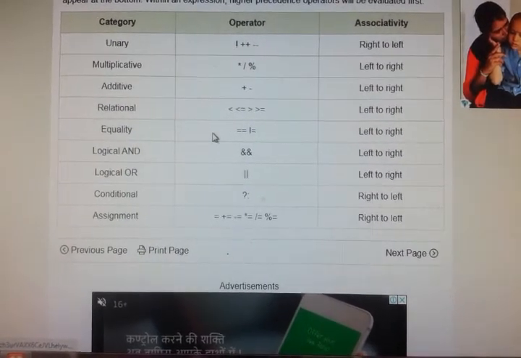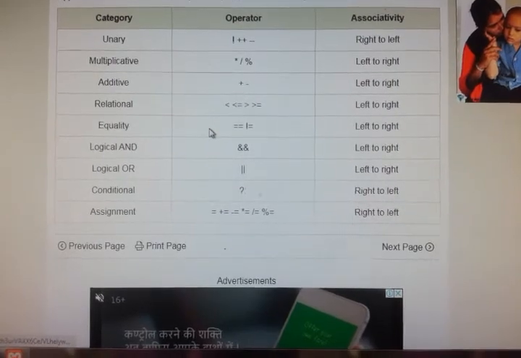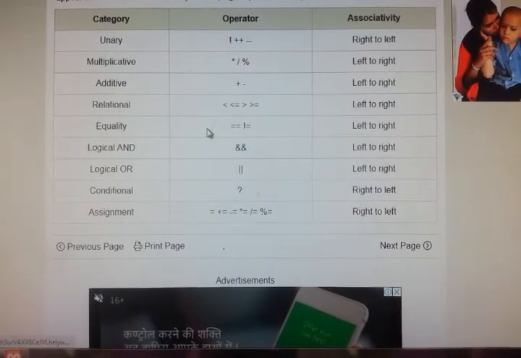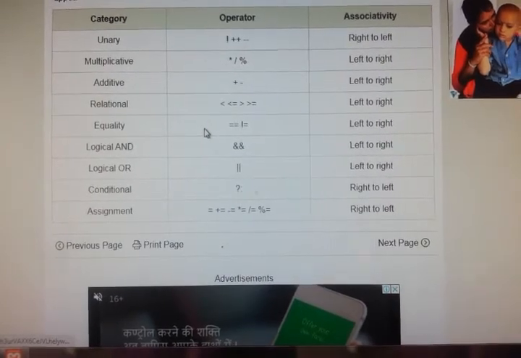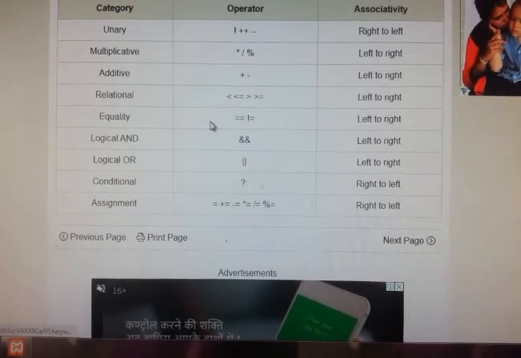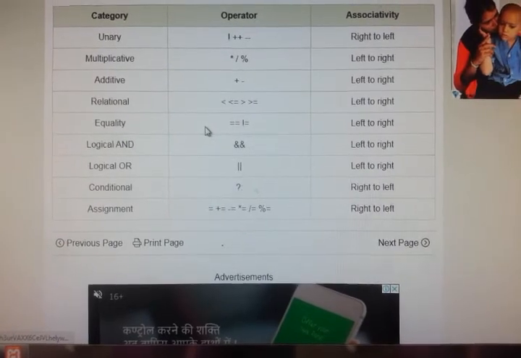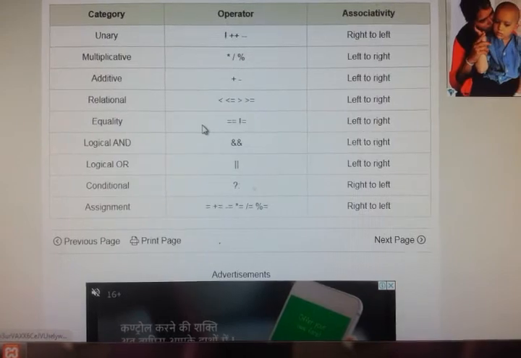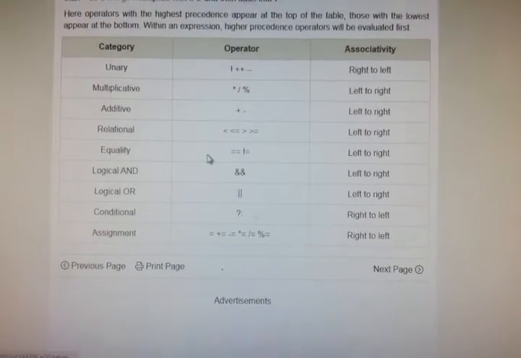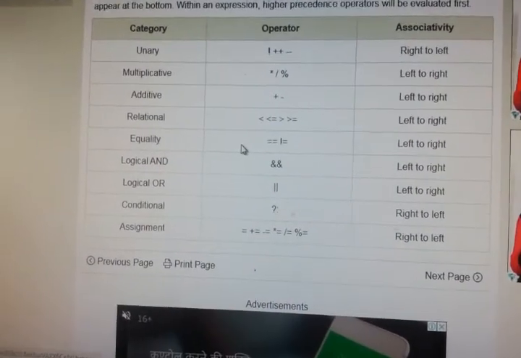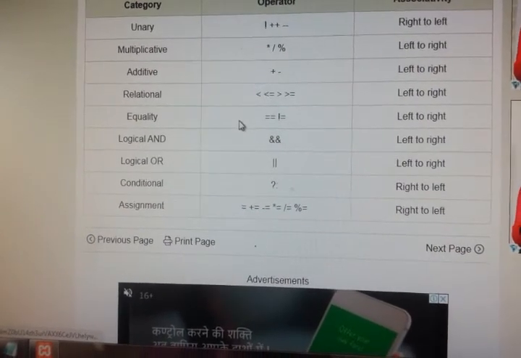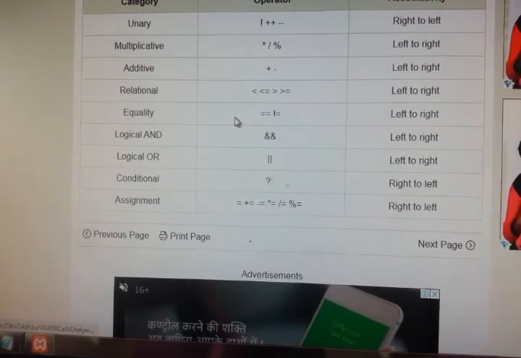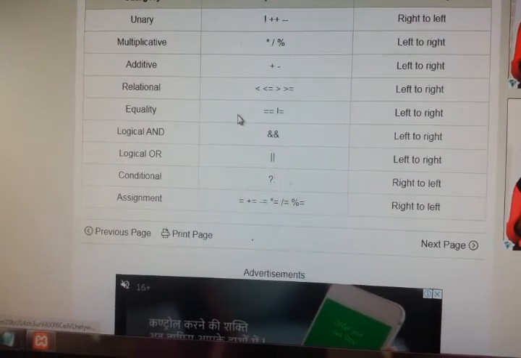Then the multiplicative category, like star and percent, the associativity is left to right. So you have to first see the star or modulus and then go to the remaining operations. And additive, like plus and minus, the associativity is left to right. And relational, like less than or equal to, greater than or equal to, the associativity is left to right.